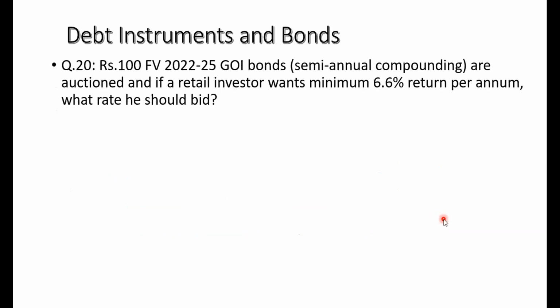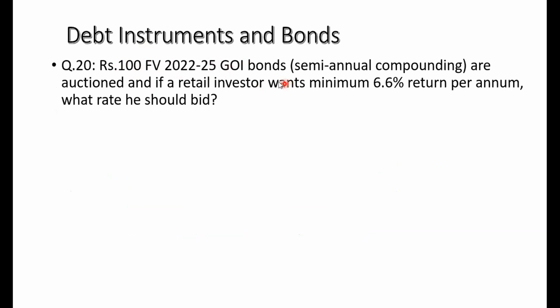20th instrument, here 100 rupees. Now, why am I giving this example? Now retail people also can invest in government bonds, treasury bills. So retail banking means these are the questions they are asking. I am giving only problematic questions. Okay. Theoretical questions, I think most of you are thorough. Okay. But you see, rupees 100 face value,